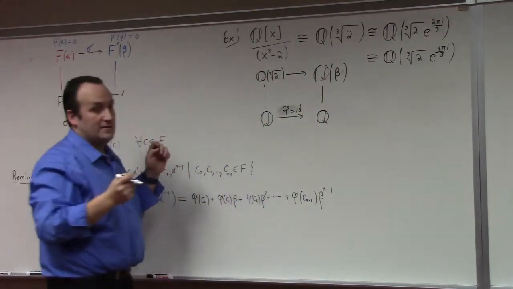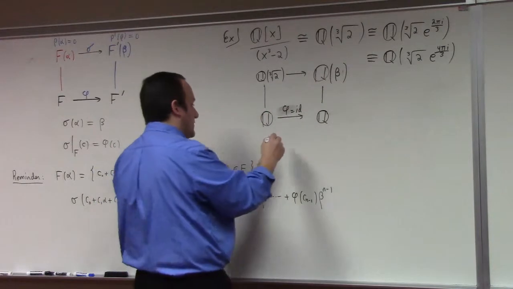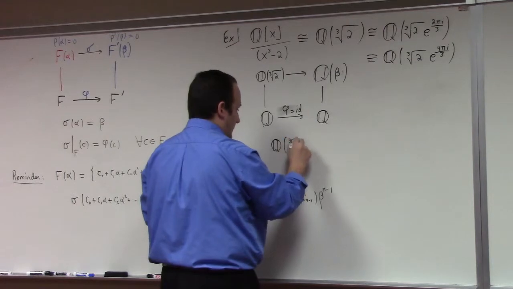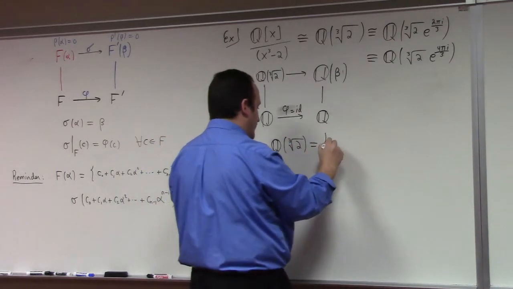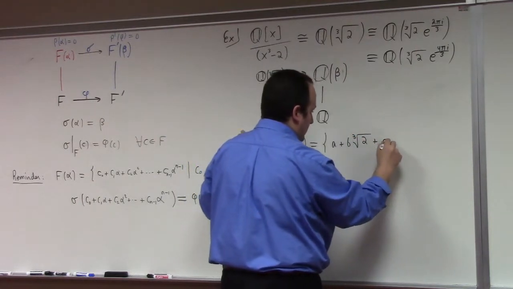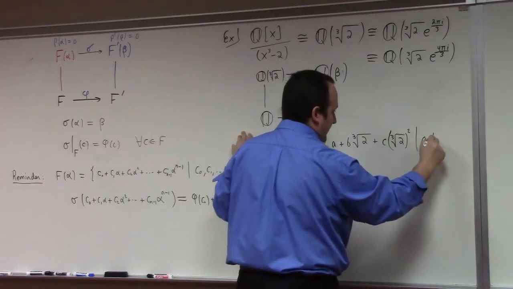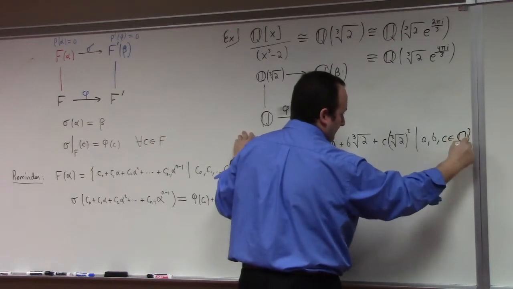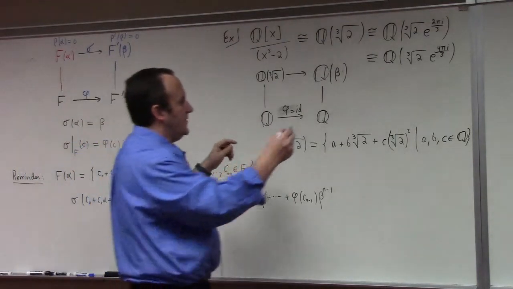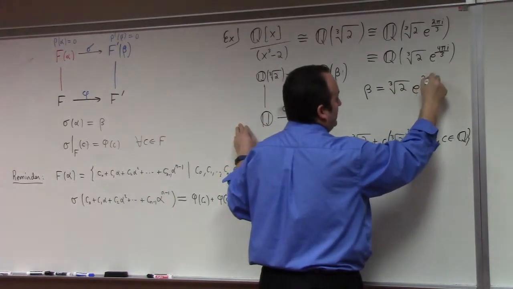All right. What's the isomorphism that goes from here to here? Like Q adjoin cube root of 2, what's that look like? This is a degree 3 vector space. So we get A plus B cube root 2 plus C cube root 2 squared, with A, B, C rational. And this theorem actually tells us how to construct the isomorphism to Q adjoin beta. I'm saying beta here is equal to